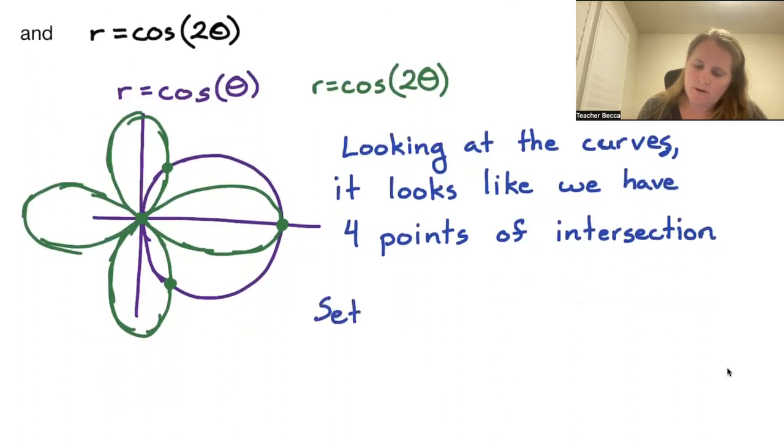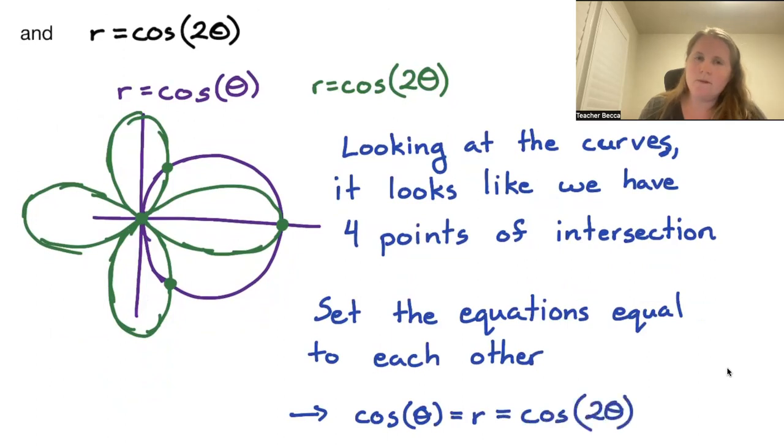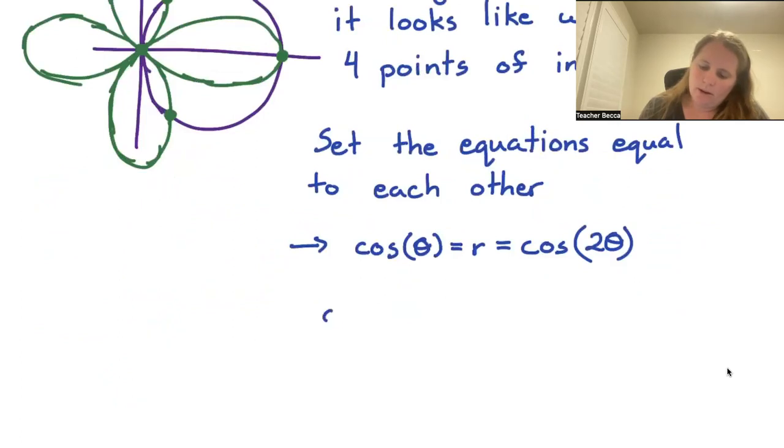So if we set the equations equal to each other, we have cosine of theta is equal to r is equal to cosine of 2 theta. So we are looking at cosine of theta is equal to cosine of 2 theta,